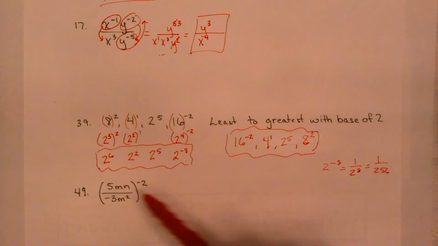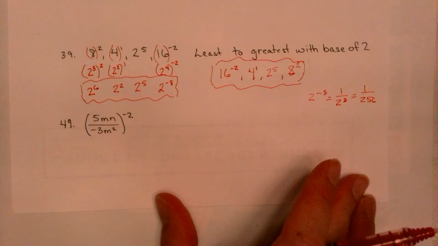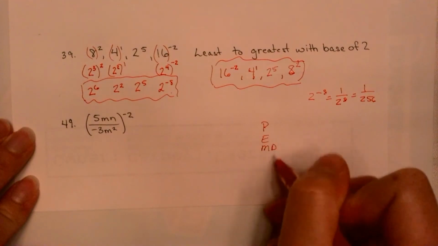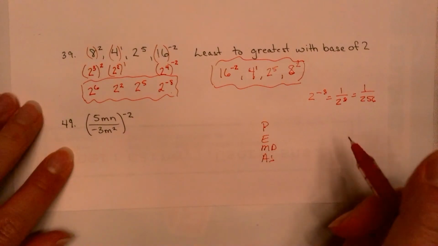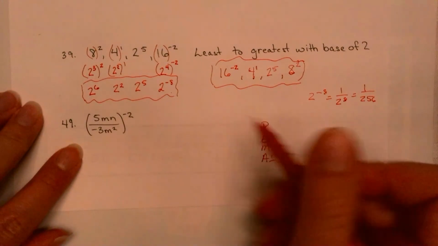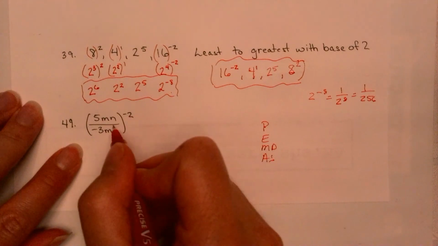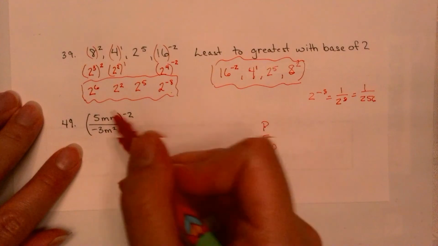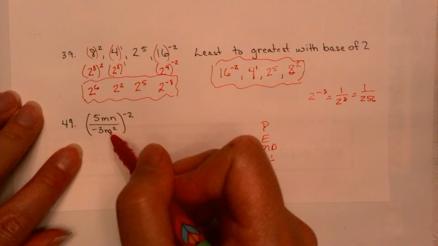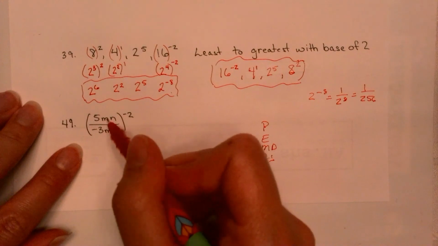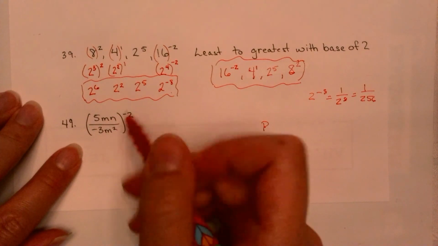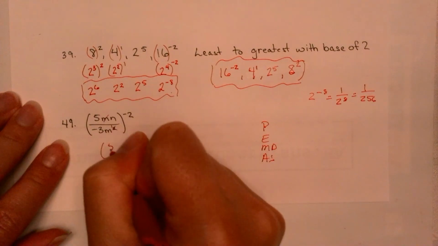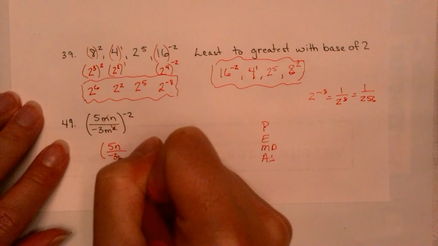Okay, so here's 49, another power property problem. And so we're still going to do that order of operations. We always want to go back to that. So in my order of operations, I want to do what's in the parentheses first. So I'm going to let this sit here, because the more I can clean up in here, the better it is. Now there's not a lot going on, but if there were lots of things going on, I would try to cancel it. I want to get my numbers reduced. I want to get my variables broken down so I only have one of each. In these parentheses, the m cancels out, and so I'm left with 5n over negative 3m, all still to the